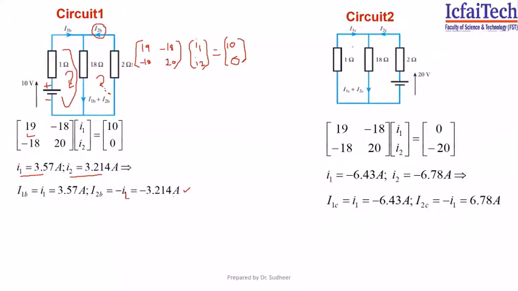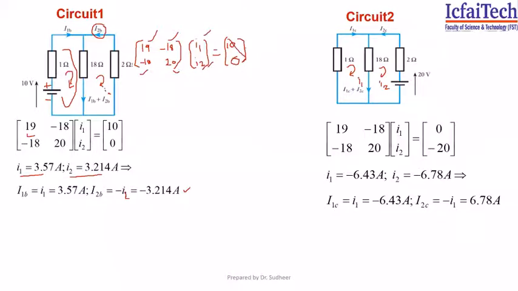amperes. Now coming to the second circuit, if at all I go for this method, almost all of this matrix will remain the same. You can take this as I1, consider this as I2. Sum of all resistors in the first loop, 19. Sum of all resistors in the second loop, 20. For the off diagonal element, the 18 ohm resistance is common between the first mesh and second mesh. Therefore, minus 18, minus 18. So the unknown currents are I1, I2.